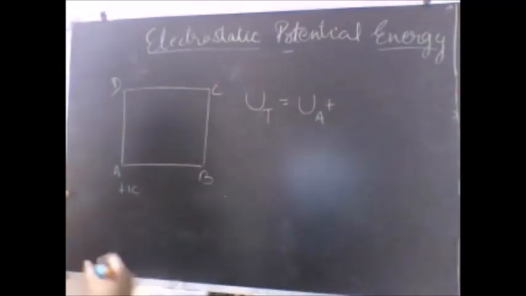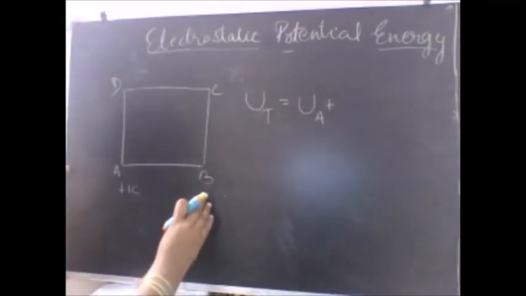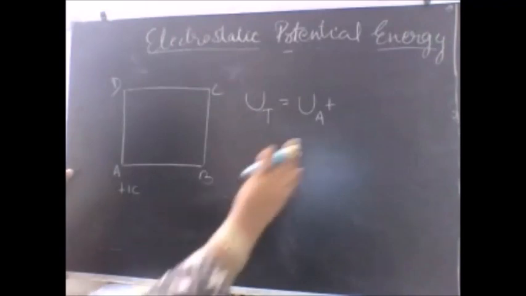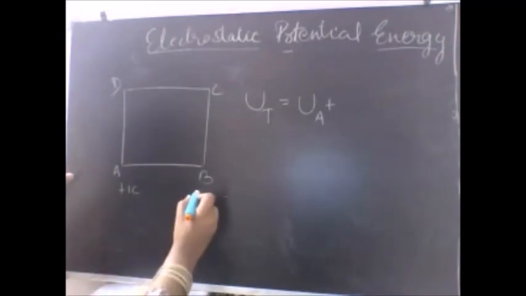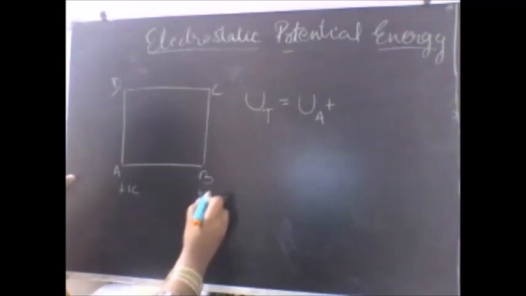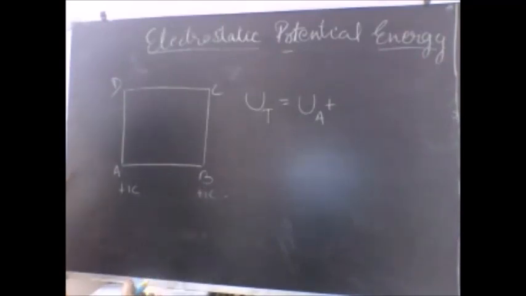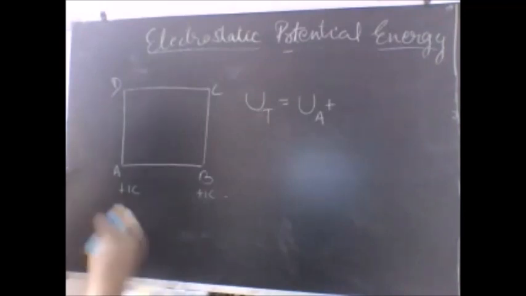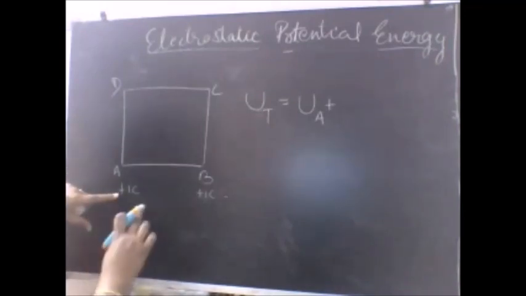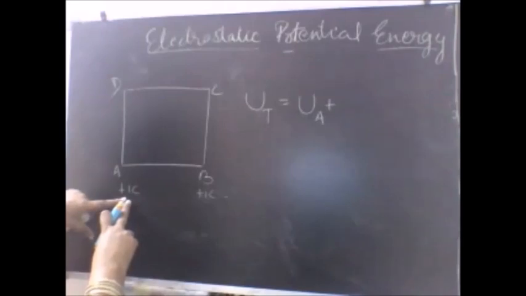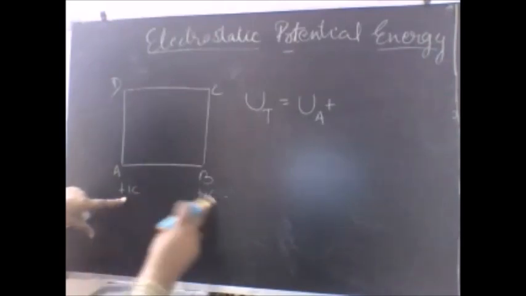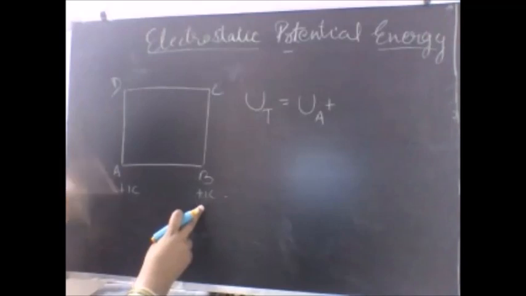Now the second thing is, now I am given plus 1 coulomb charge. Now from infinity to the point B, I want to bring plus 1 coulomb charge. Is it that I need to do some effort? Yes. Now I need to do effort. Why? Because there is a charge of plus 1 coulomb present already there in the space. So this plus 1 coulomb charge will act as a source charge to this charge which we have kept at the point B.